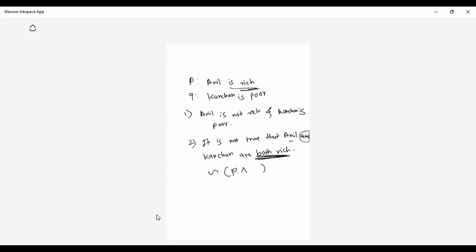And they are saying Kanchan is rich, but Kanchan is poor here, so we have to take negation of Q. So this is how you have to do it. I hope you are clear with this.